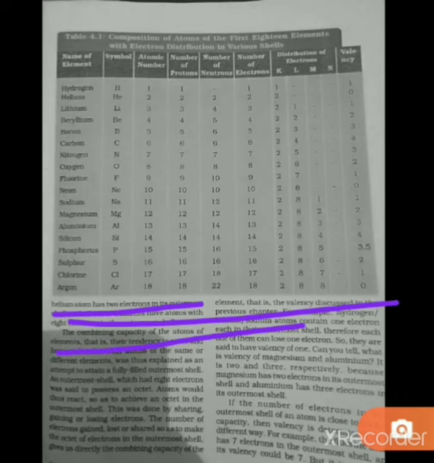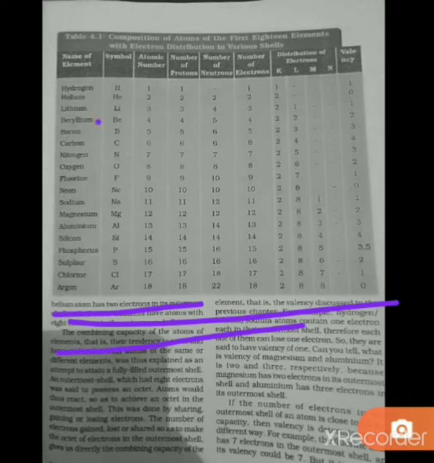So they are represented in this manner. Generally we know that there is a nucleus, which is having proton and neutron. After that, suppose we are talking about first shell, this is K shell, then second shell is L shell, then third shell is M shell. So this is all about today's lecture. Students, practice these examples because these are very important.